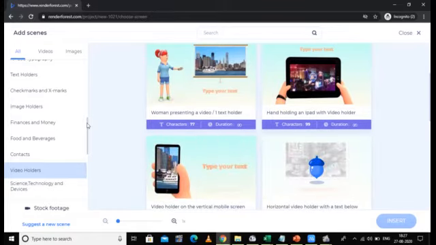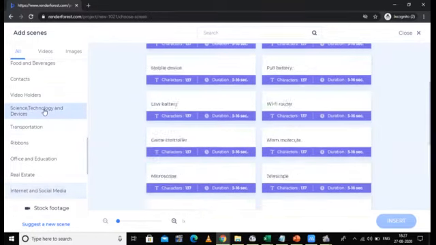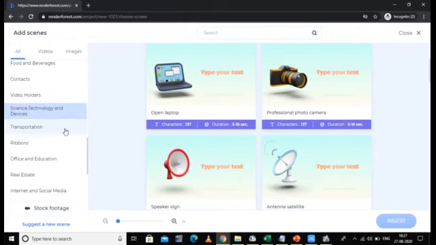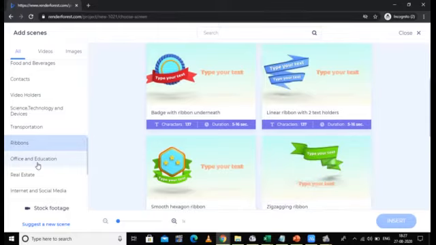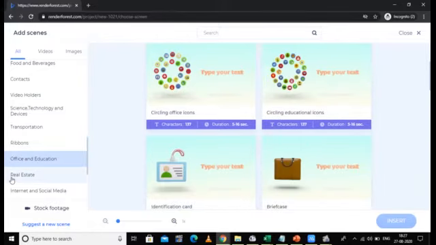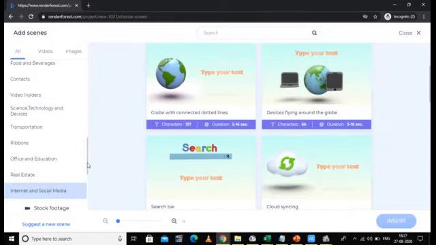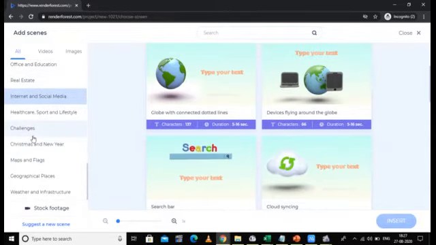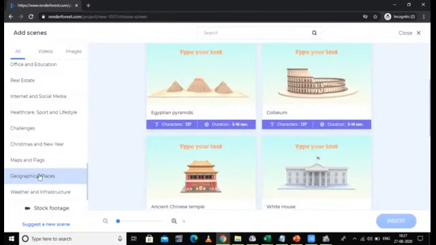Then we have options related to science and technology. This is the science and technology option. We have a translation option. We have some ribbons, office and education, real estate, internet and social media, some challenges, graphical places, like Egyptian pyramids, the White House, an ancient Chinese temple, maps and flags.